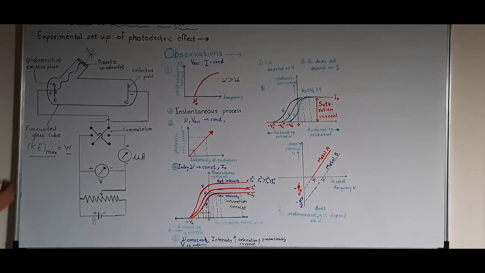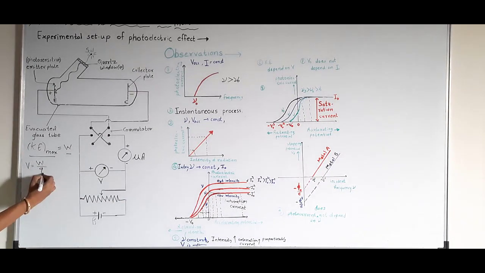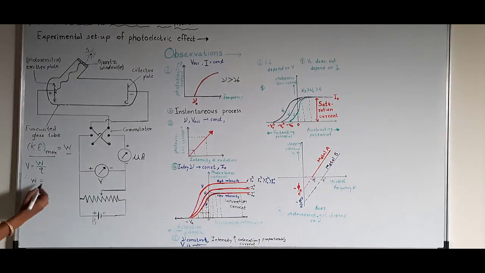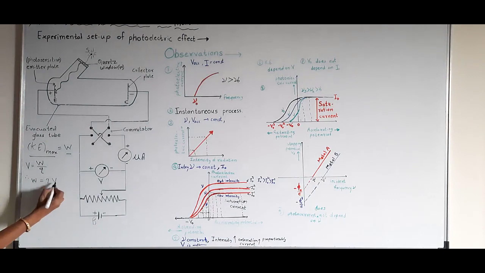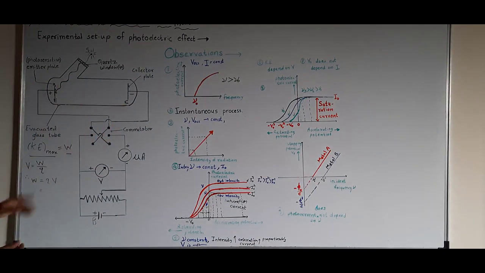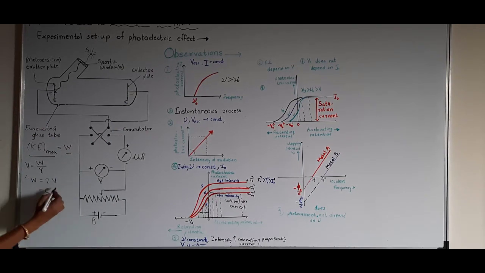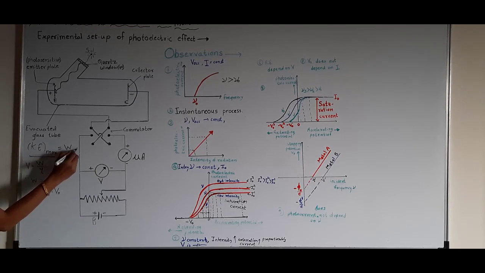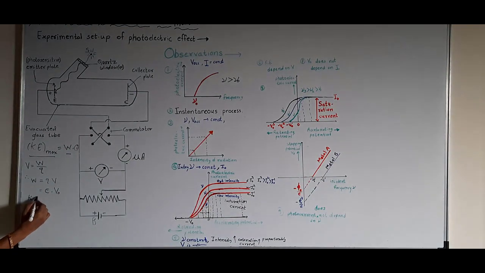Then, by the definition of potential, we can write V is equal to W upon Q, where W is the work done on that charge Q. Therefore, we will write W is equal to Q into V. Here, electrons are moving, so we will use e into potential V naught. Then, putting this value in equation 1, what will we get? Kinetic energy maximum is equal to eV naught.